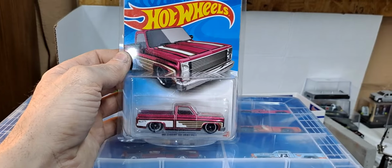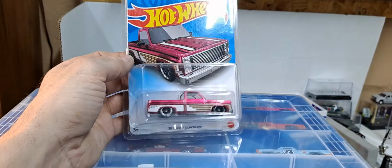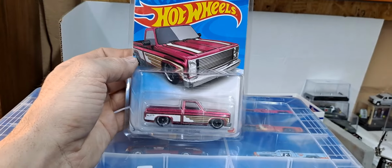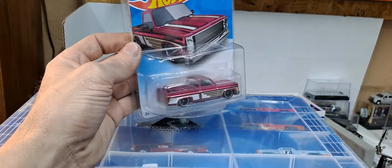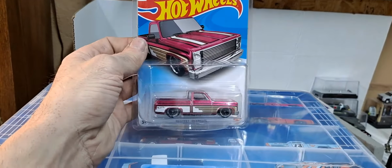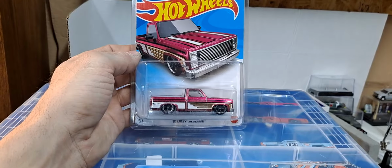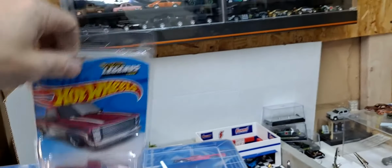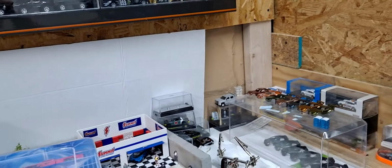And seeing how this has been out for a year now, the price of it has probably gone down. I only paid $40 for this shipped. So for $40 shipped, I am sorry, but this is getting drilled and lifted. And I might do a video on just doing that. So I'm sorry if you're a carded collector and that hurts, but